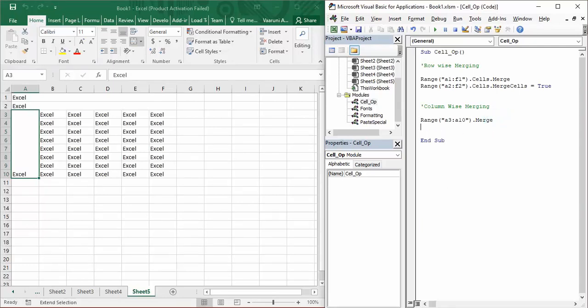There is another method. If you just type in range A3 till A10, then put a dot, and then we are going to use this merge cells. Since this is a property, we have to provide it with a value, say true. So let's execute it again. Nothing happens, and this time when this executes,